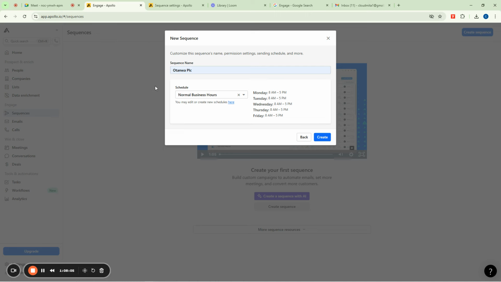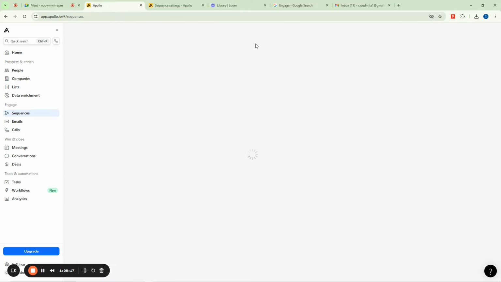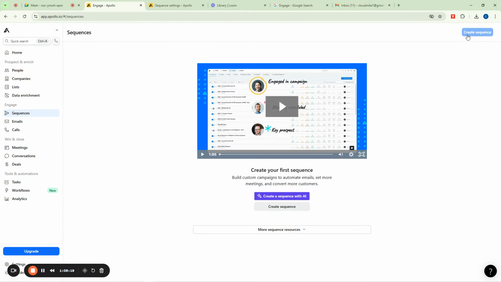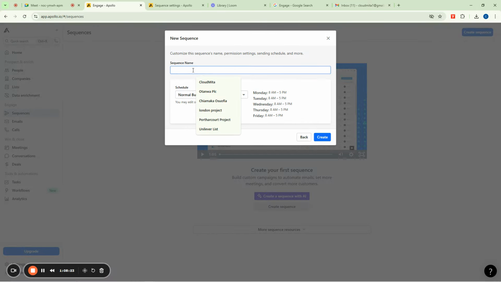If we go back now, we can have different schedules: the normal workdays and the weekend schedule. So if we go to our sequence and say create, you can see we choose from scratch, and then you see the sequence name. You can call it Otanwa PLC. Now on this schedule part, we have two options here: weekend schedule and normal business hours. So let us select